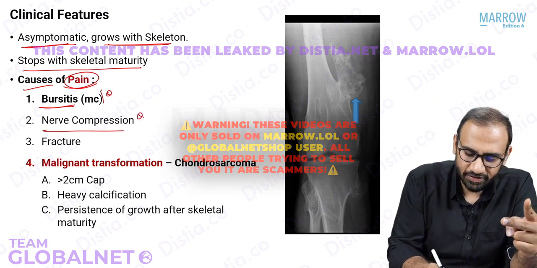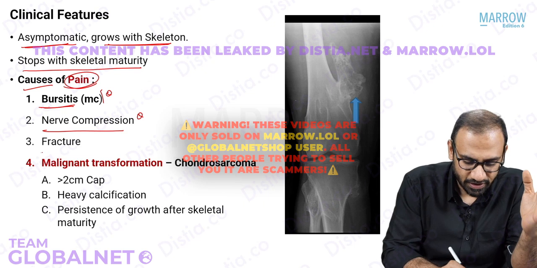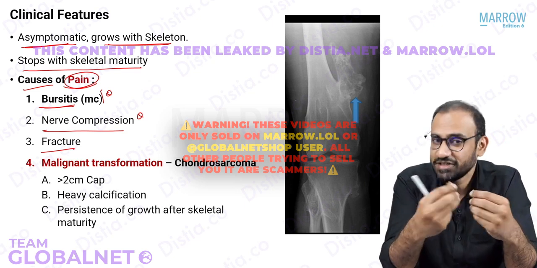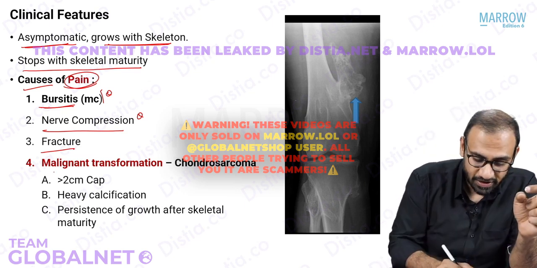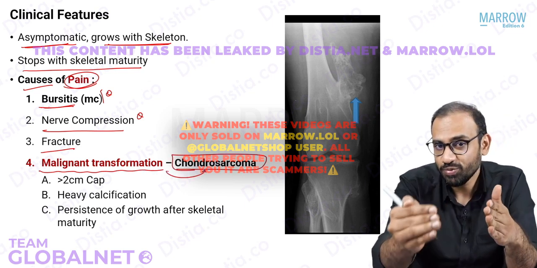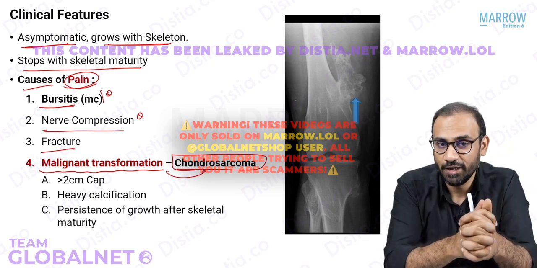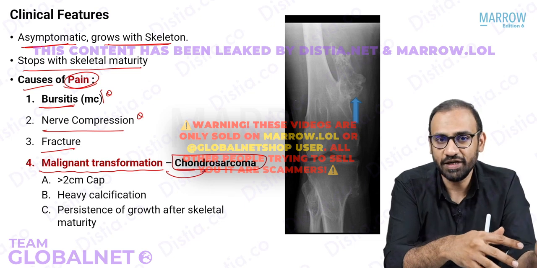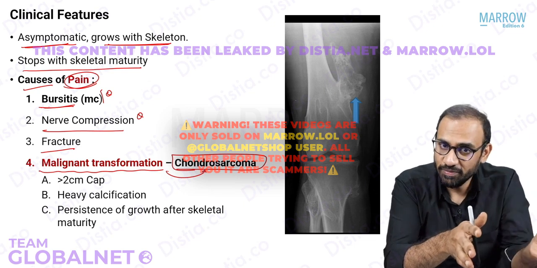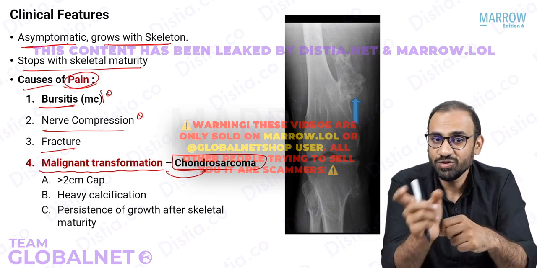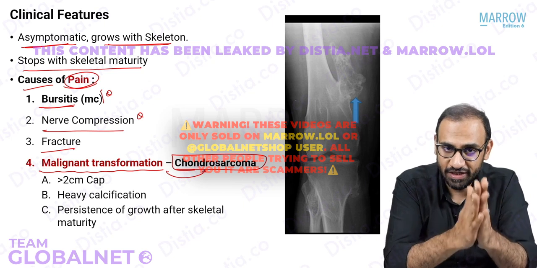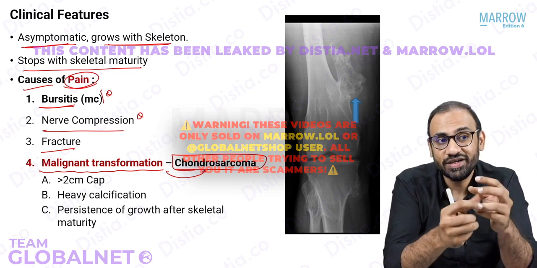Second, it can compress the nerve and this may present you with pain. Third, it can fracture as the patient is careless or walking or jumping or fighting or doing whatever. It can fracture and all of these can cause pain. Lastly, it can rarely transform into a chondrosarcoma, which will also present as pain. Are you following? So it can transform into a chondrosarcoma, very rarely albeit, but it can. That is why it is sitting in the orphan category. It has characteristics that do not make it a tumor, but it has a potential to become malignant. So it has characteristics of a tumor. Which tumor will it become? Chondrosarcoma.